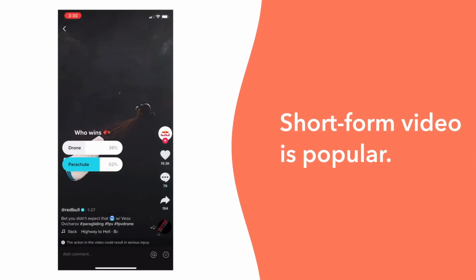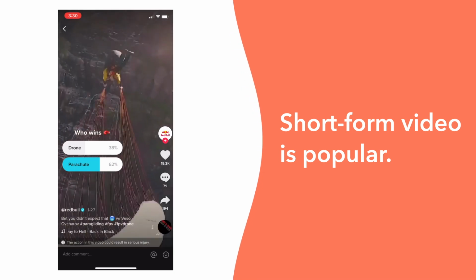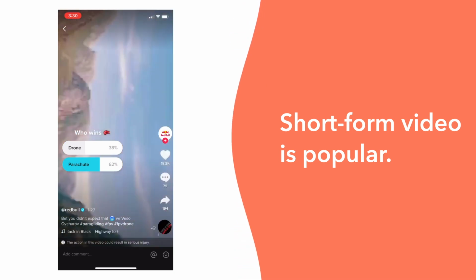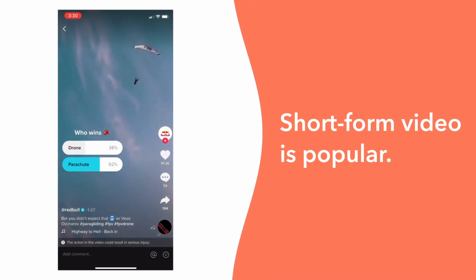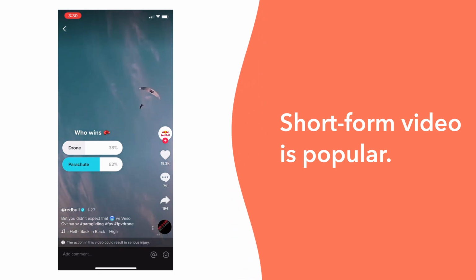Short form video is popular these days with sites like TikTok and the Twitter-owned clone of the once popular Vine app called Byte. These sites allow for very short videos of 6 to 15 seconds. These videos tend to be entertaining, casual, full of lip sync videos and funny stunts. That brings us to the next type of content: stories.